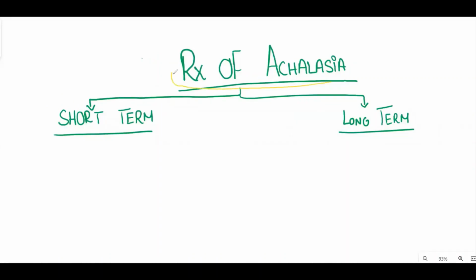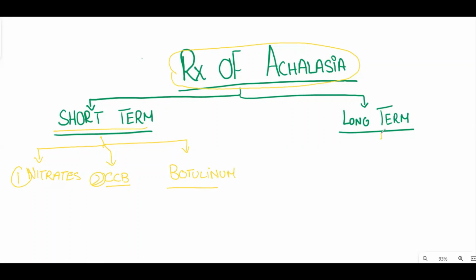The treatment of achalasia is divided into two types. The short-term treatment includes nitrates, calcium channel blockers, and botulinum injection. Botulinum injection is given at the lower esophageal sphincter, while the long-term treatment includes Heller myotomy, which increases